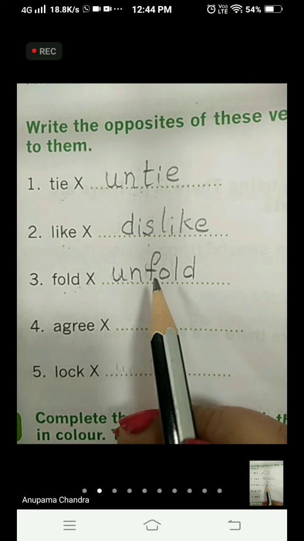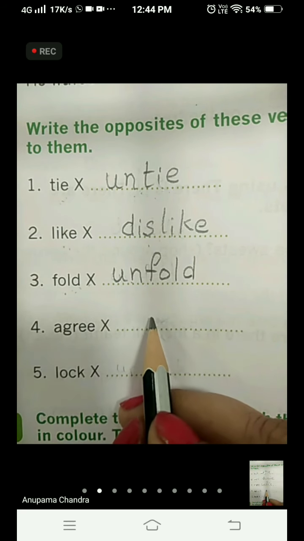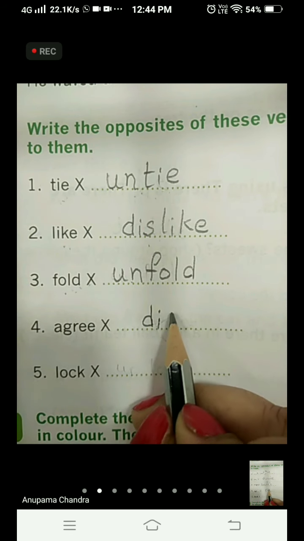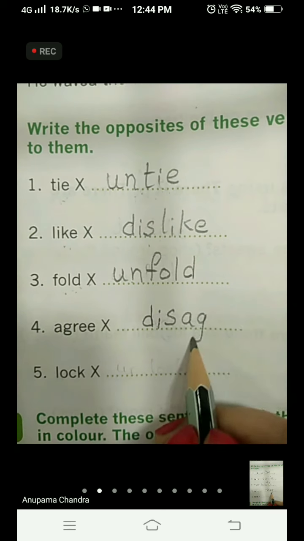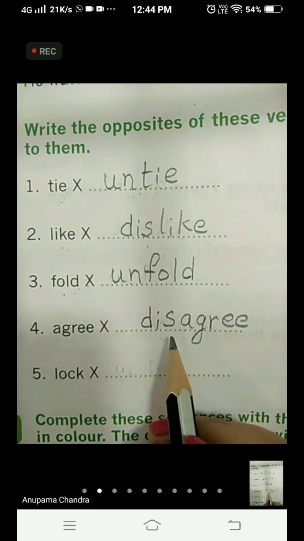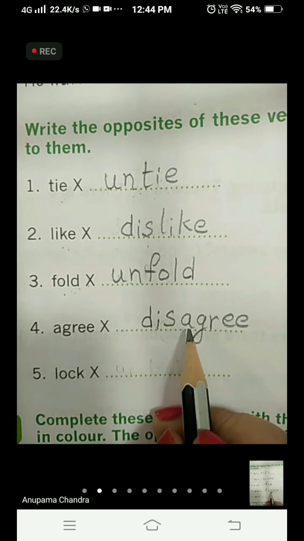and our next word is agree. Here we will use dis. Dis, agree. Agree, disagree.